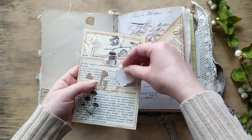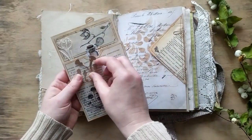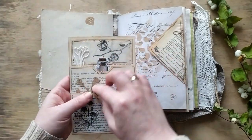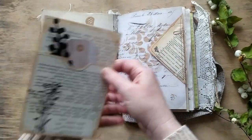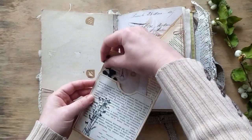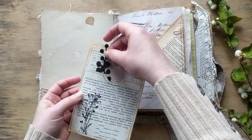All of them have something inside, like die cuts. You see, these die cuts are really unique. They are produced only locally, and I'm not sure you can buy them abroad. So, and this is a fussy cut image. This one has the second side with a tag and one more die cut, which actually I bought the die